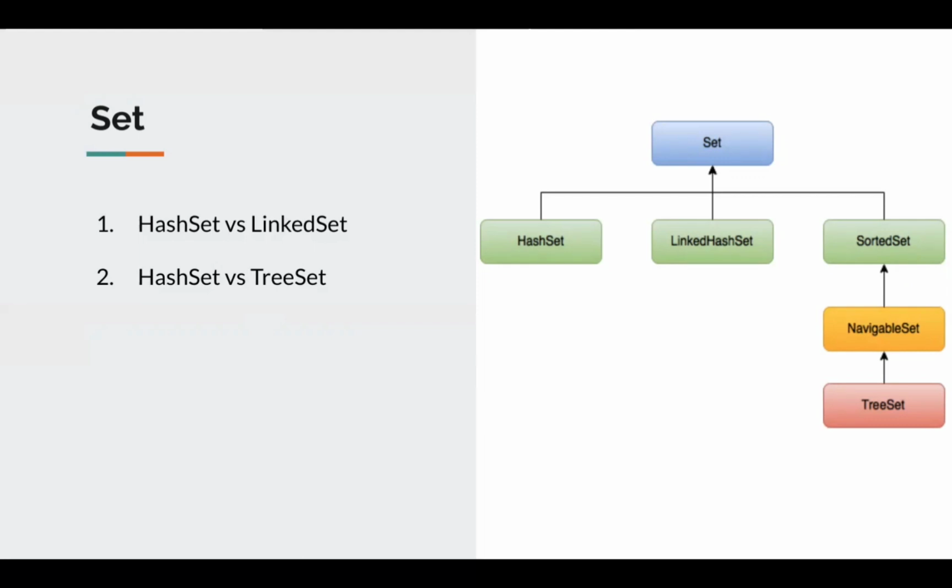Linked hash set is implemented as a doubly linked list, whereas hash set uses the working of hash maps internally, which we'll study in the next section. Now coming to the difference between hash set and tree set. Hash set, as we know, stores everything in an arbitrary manner, and the tree set stores everything in an ascending order. The tree set is implemented as a red-black tree or a BST, and its search time is O(log n), whereas hash set's amortized search time is O(1), but it can go to O(n) as the worst case. So hash set is faster than both linked hash set and tree set.